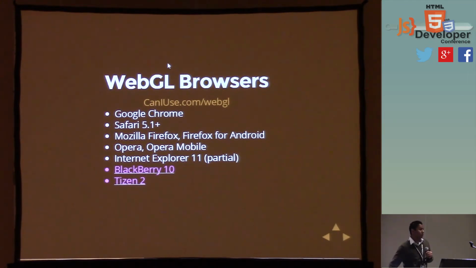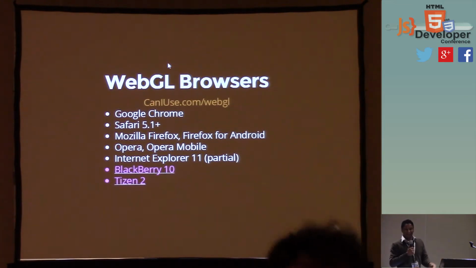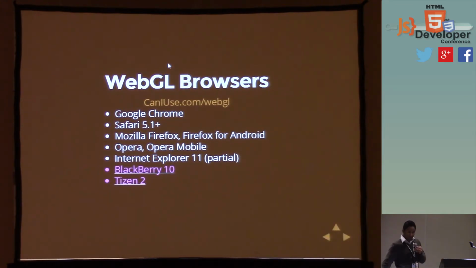What about mobile browsers? So BlackBerry 10, Tizen 2, Firefox for Android, Opera Mobile, they all support WebGL. But what about iOS support? Mobile Safari doesn't support WebGL. Because of that, you need to do it as native, so use something like Cocoon. Cocoon supports WebGL, right? Well, yeah, definitely. Ludei is here as well, so that's a great technology.